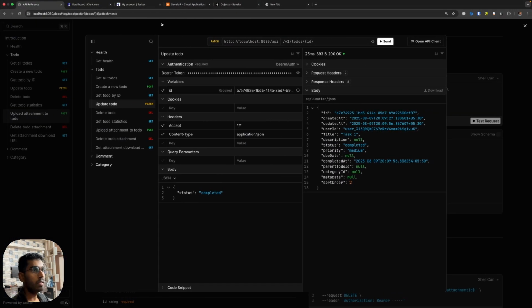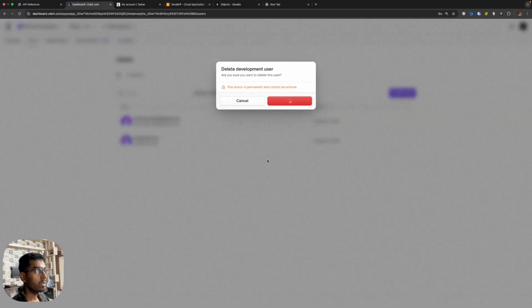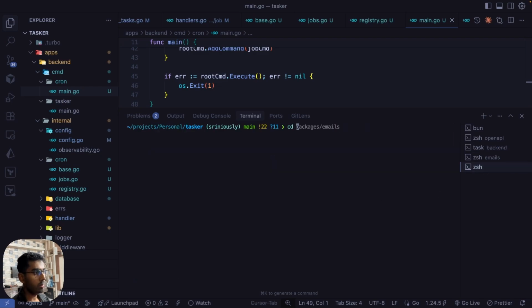And let me go ahead and from clerk, I'll delete this one. Otherwise we'll get error that this email is not valid. So I'll delete this user. And next up, we'll need to run our cron. Let me go into backend